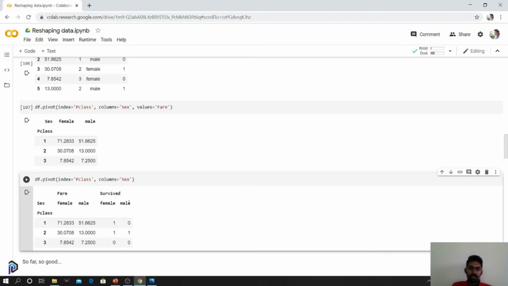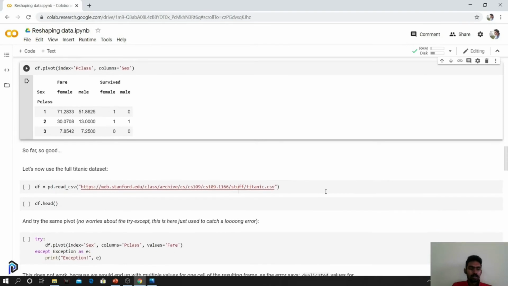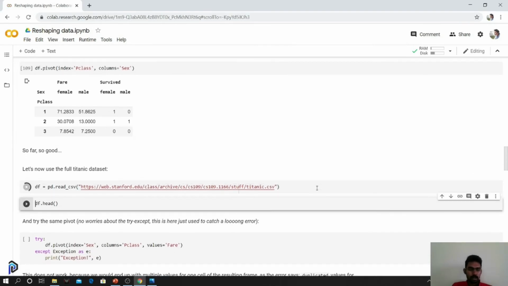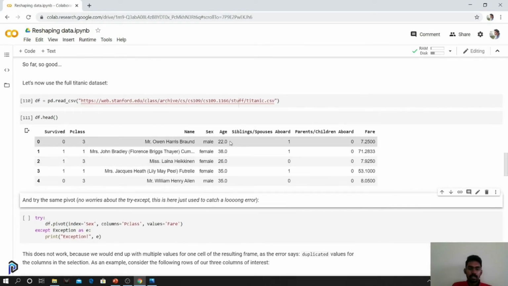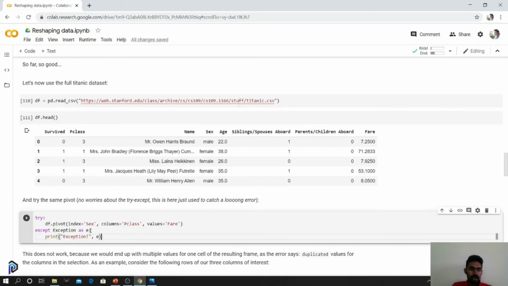So this is all about pivot. So let's get into pivot table. I'm just loading the entire Titanic dataset. Yeah, we have it. So we know that on the pclass and the sex columns, we will have some repetitions. So I'm having the index as sex, columns to be pclass and values to be fare.